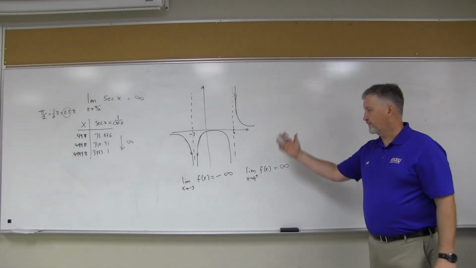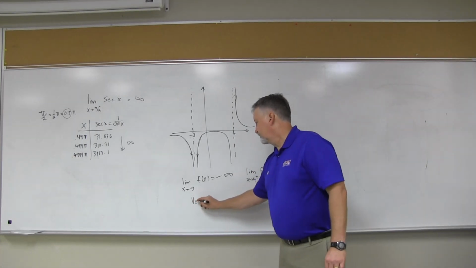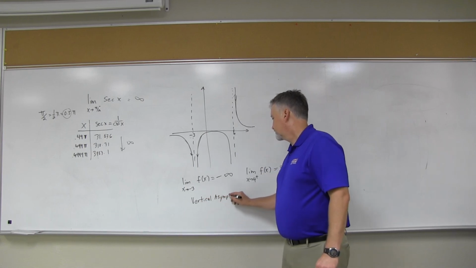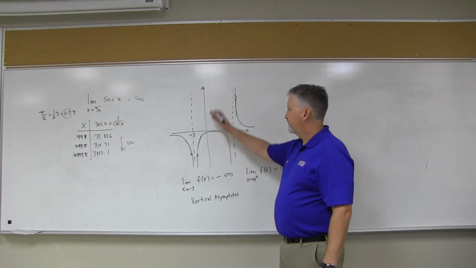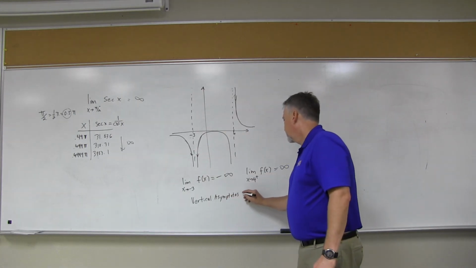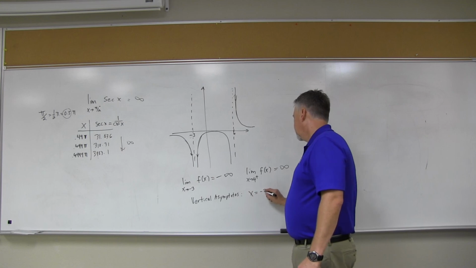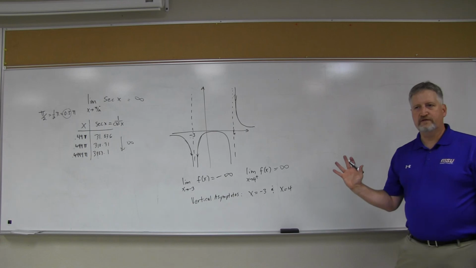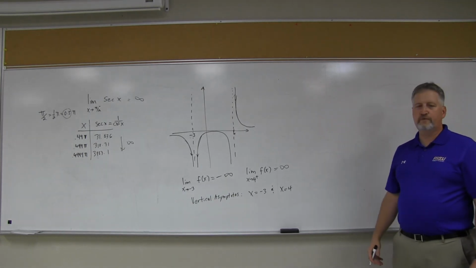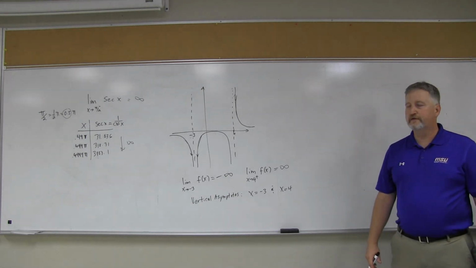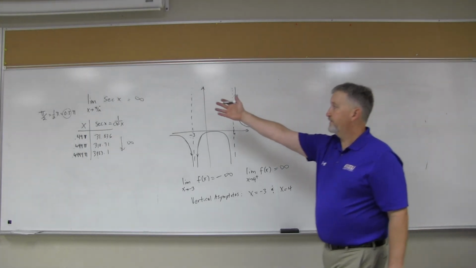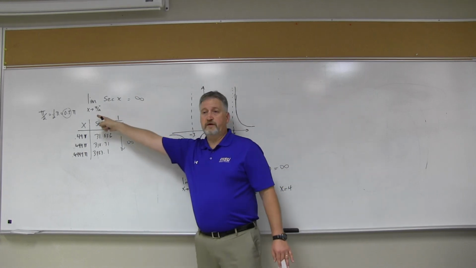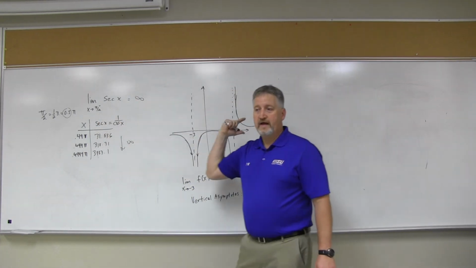They're these vertical asymptotes. So note here that we have the vertical asymptotes. Vertical ones are x equals numbers, so the vertical asymptotes are x equals -3 and x equals 4. And notice that's what we have when we have these infinite limits on a function. So if I graphed those other, like here on secant, you may be familiar with the secant graph, but yeah, we're going to have an asymptote at pi over 2. That's what happens when you get these infinite